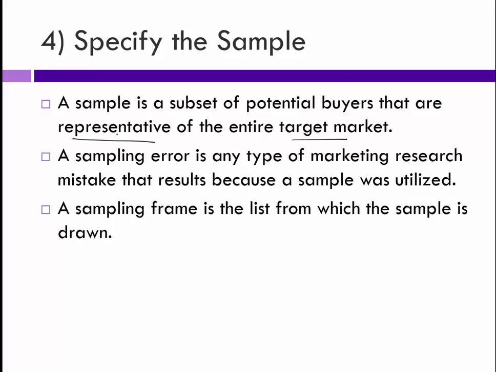Sampling error is any type of marketing research mistake that results because the sample wasn't representative. So we tested 5% of our target market, and it said conclusively that this was going to happen, but then when we rolled it out, it was the exact opposite, which means that 5% wasn't a good representative sample of your